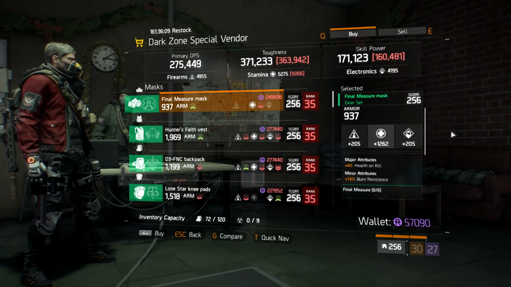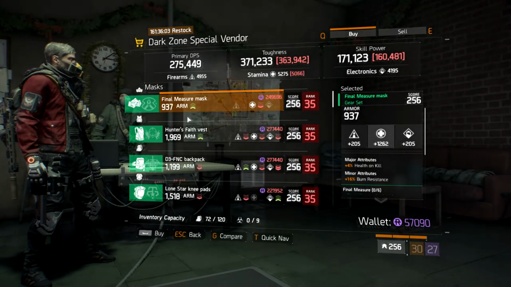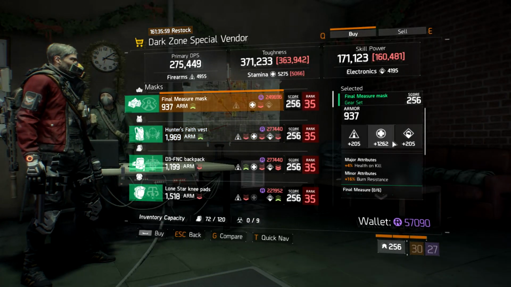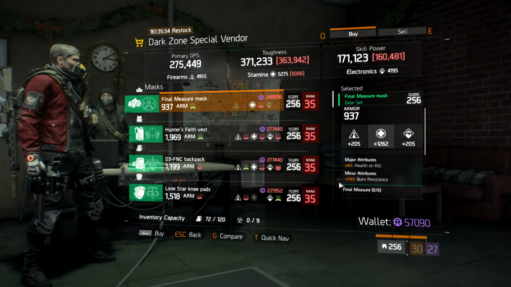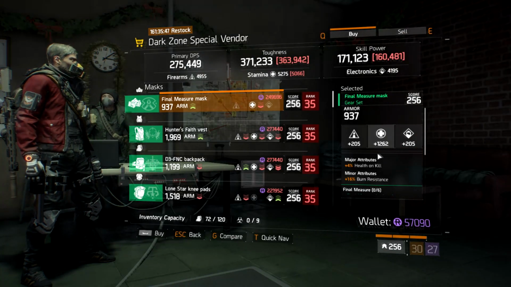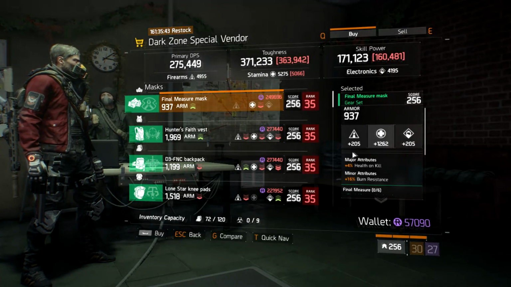We're now in the Dark Zone 9 safe house, still looking at gear, and the first one I want to show you is this Final Measure mask. The armor roll is 937, its main stat is stamina. The major attribute is health on kill, and the minor attribute is burn resistance. Not a bad mask considering how high the stamina roll is at 1262, and then roll off what you need